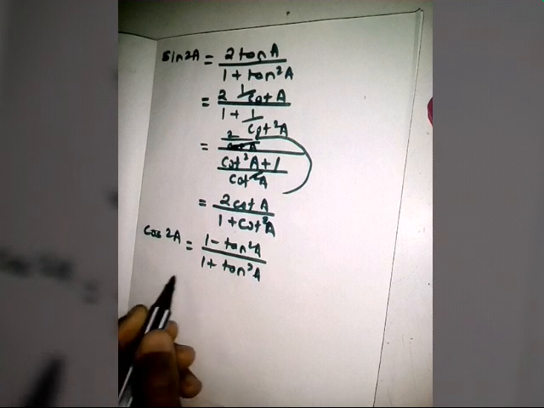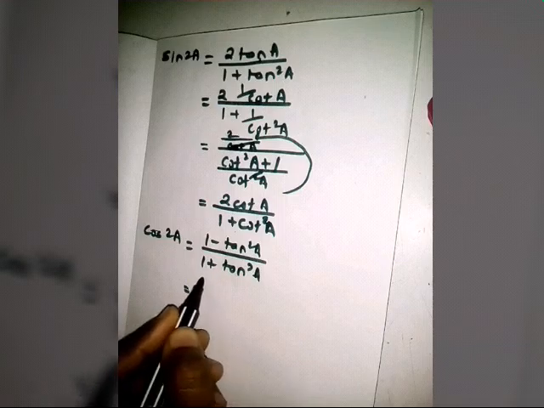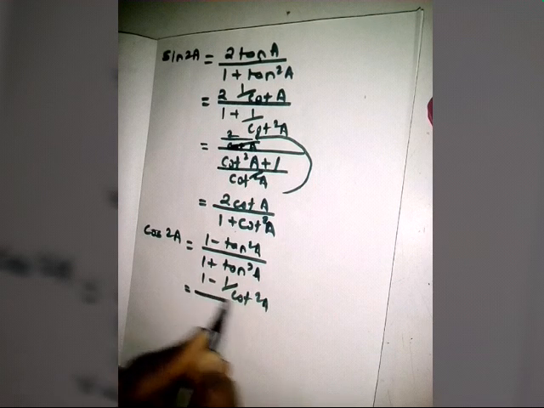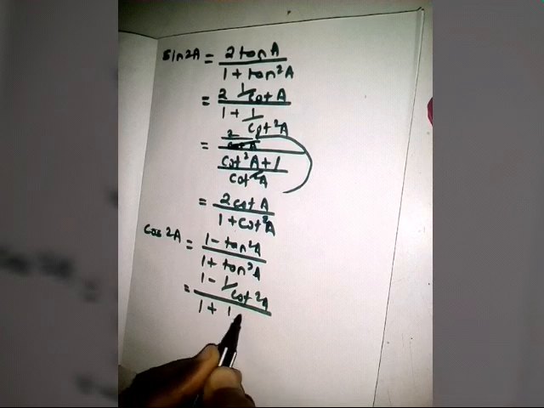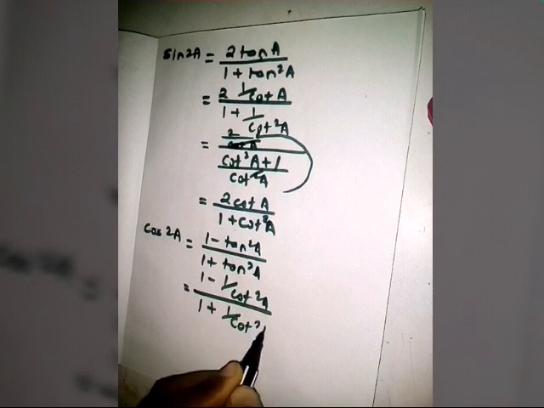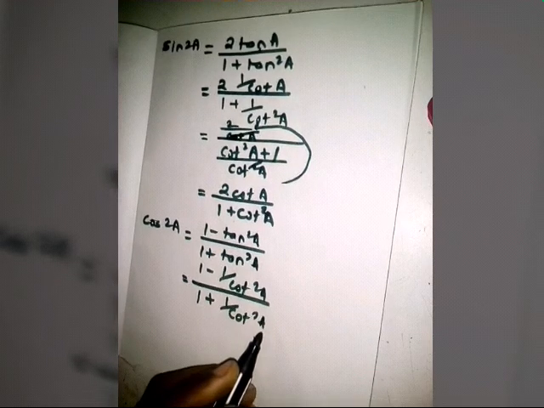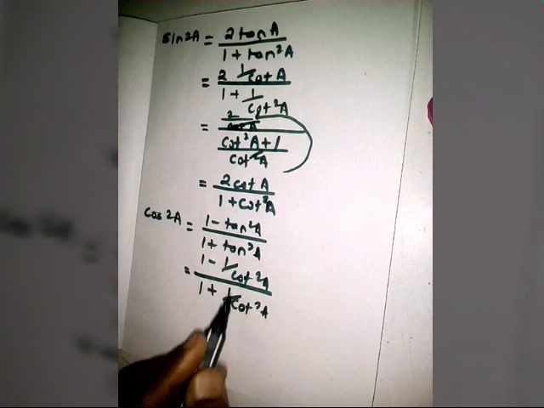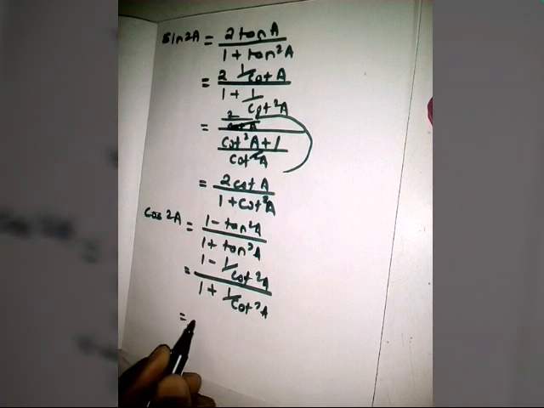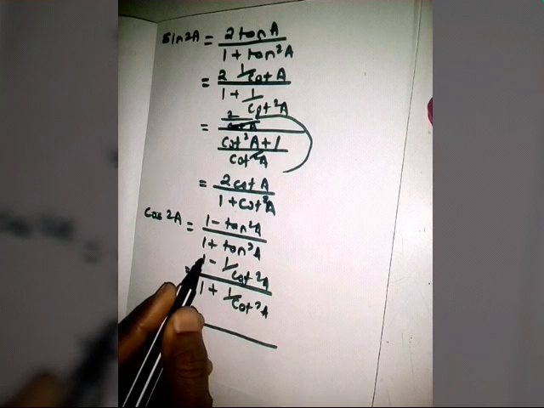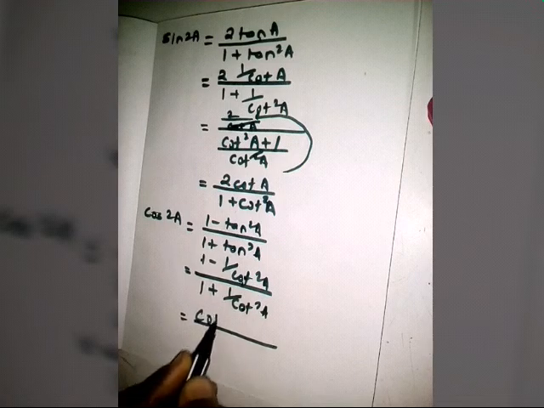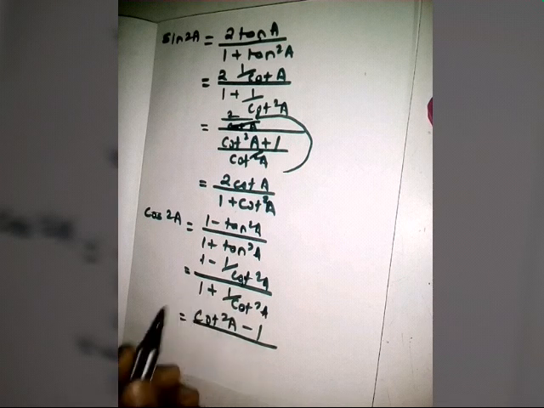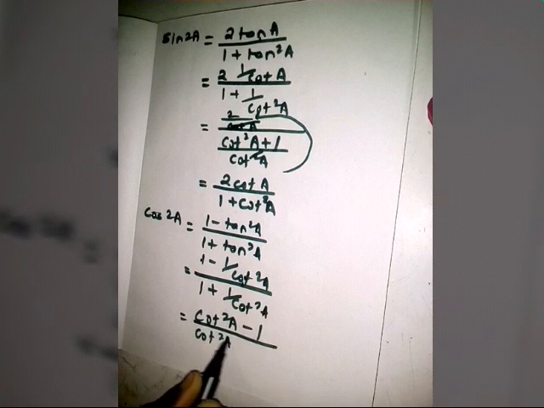Now again, if you take the LCM, what happens? So that is 1 minus 1 by cot square a. First let me change it, sorry. So 1 plus 1 by cot square a. Now if you take the LCM, the term below will be cancelled out, so I'm going to directly write the result. So it will go over this side. If you take the LCM, that will be cot square a minus 1, and this will go up to here, so this will be cot square a plus